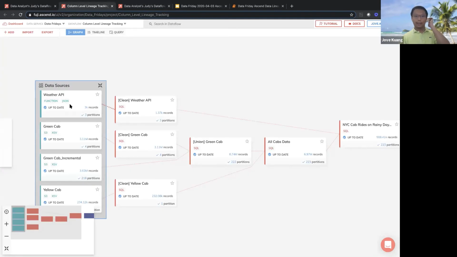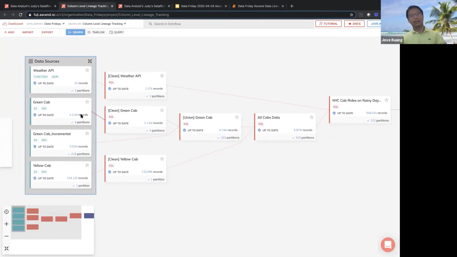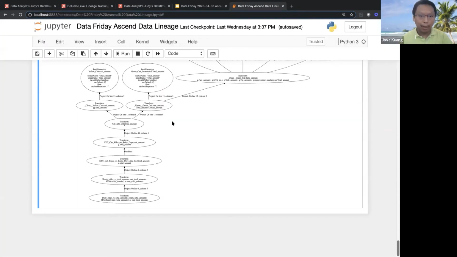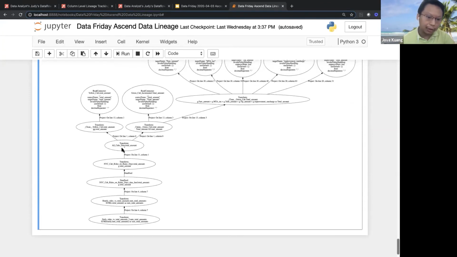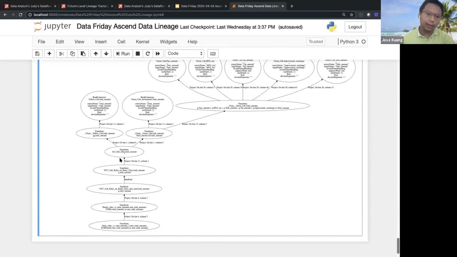So in this upstream data flow, basically I took the green cab data, unioned it with yellow cab data, and then joined it with the weather API. That part Judy cannot see. But in the lineage report, I actually generated all of that, even though the column is calculated from two different data pipelines, so to speak.